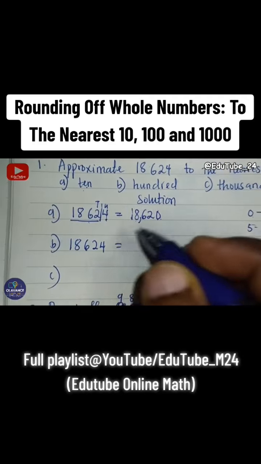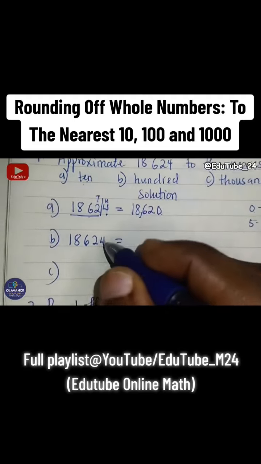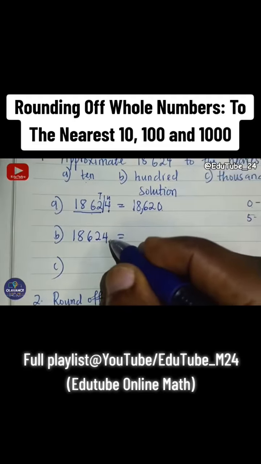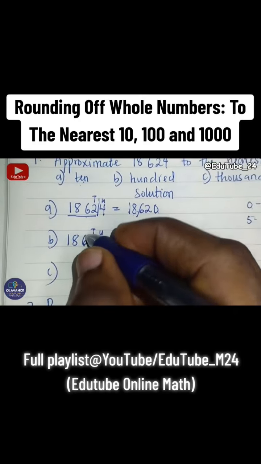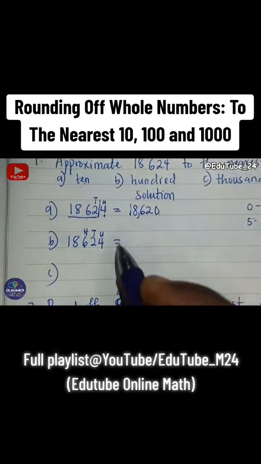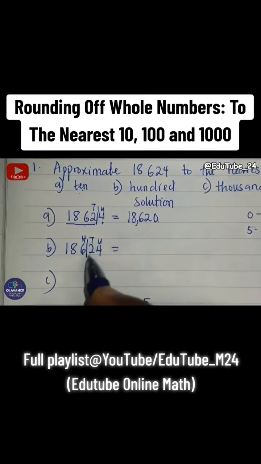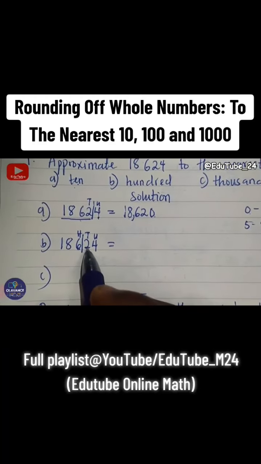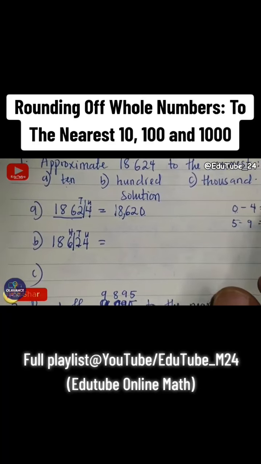18,624, we are still rounding it. We are rounding it off to the nearest 100 this time around, meaning that we identify the place value of 100. So 4 units and 2 tens, and then 6 is the 100. Now, since they said to the nearest 100, the nearest number to the 100 place value is what? 2. So we'll consider whether 2 is between 0 and 4, and then we round it down to